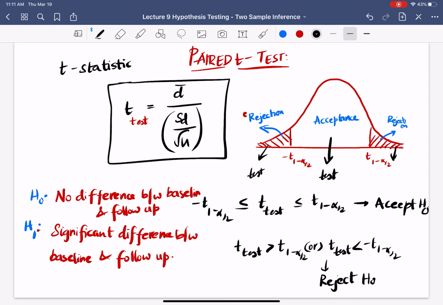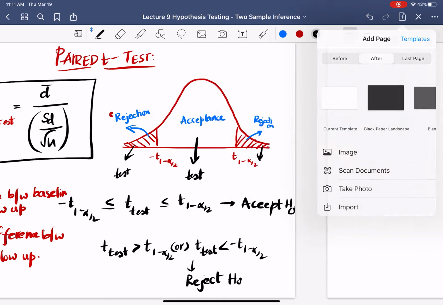So this method is similar to the critical value method. In this, alpha is needed to determine whether the samples are going to show a significant difference or not. Now, if we consider the p-value method,